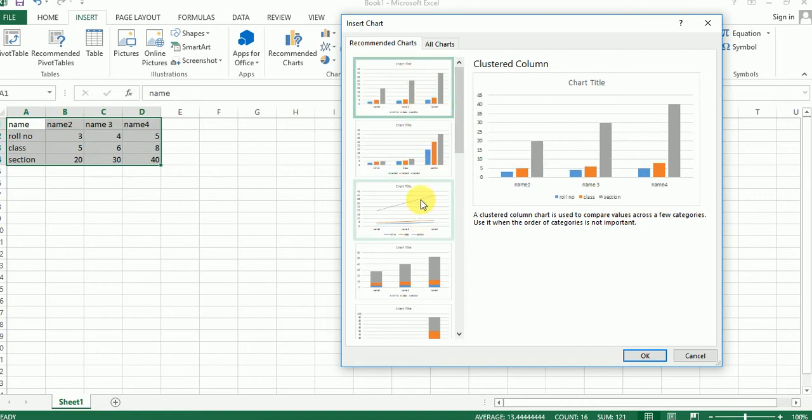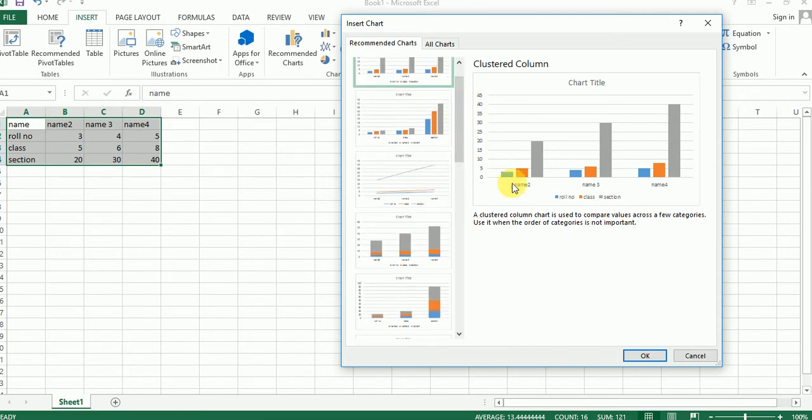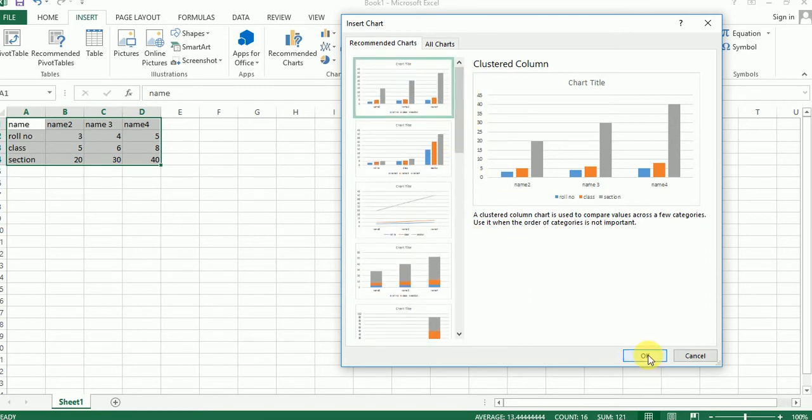Okay, so we can use a column chart. First column chart, so click OK.